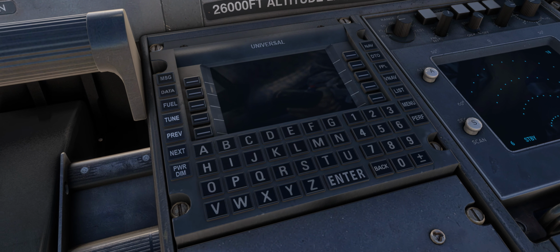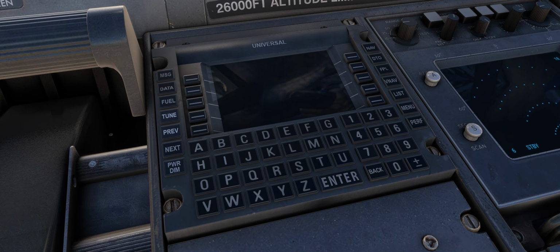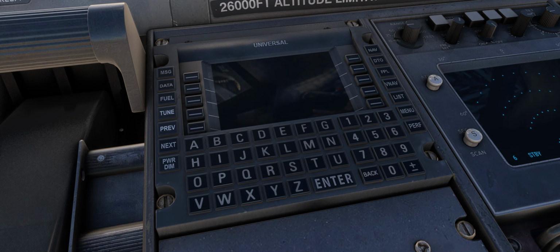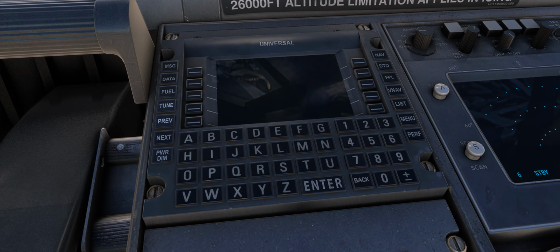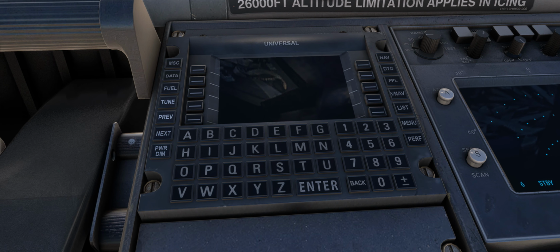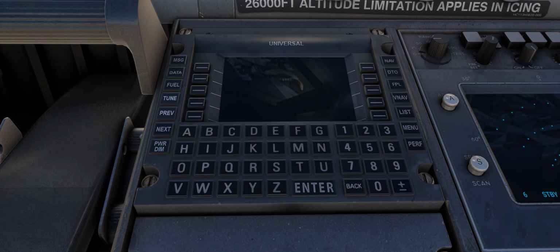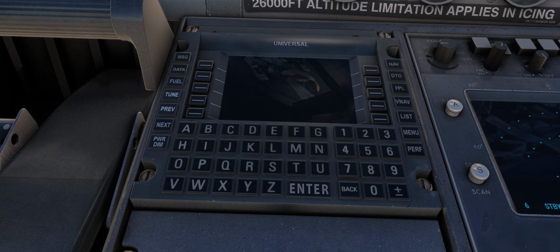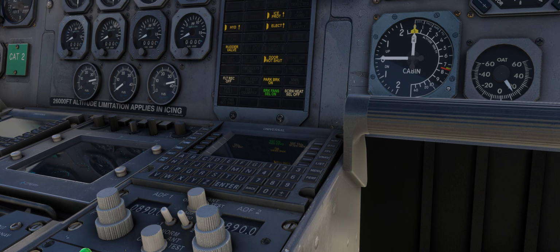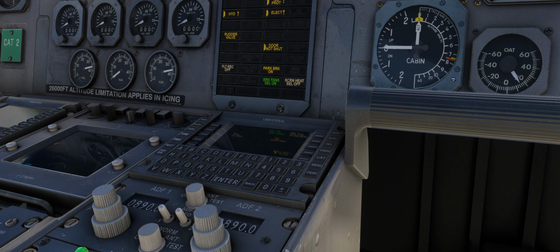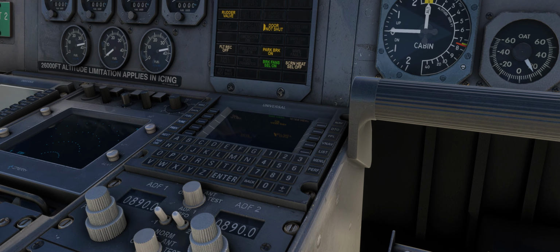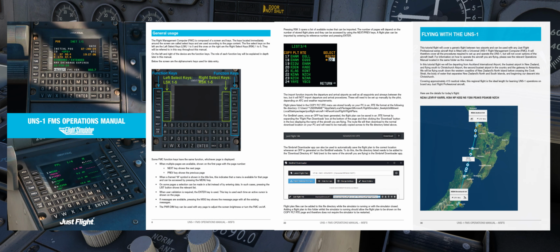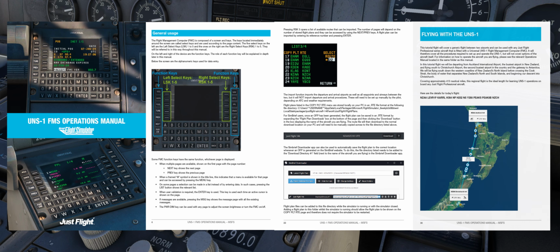However, the functions of the UNS-1 will largely be the same for each aircraft type it features in, with the exceptions of the aircraft name on some of the pages, some performance pages, and the default weights and fuel figures used. The operation of the autopilot will also be slightly different depending on the aircraft type. This tutorial will cover the procedures required in order to complete a flight with the UNS-1, but it will not deep dive into each of the UNS-1's features in full detail. For full information on the UNS-1, please have a read of our UNS-1 Operations Manual, which we will link in